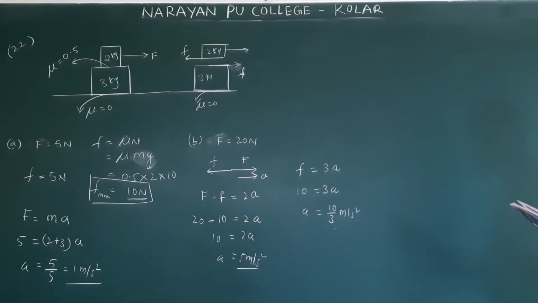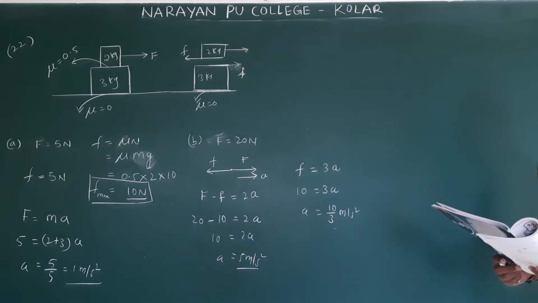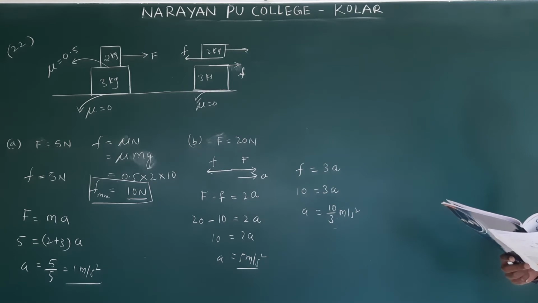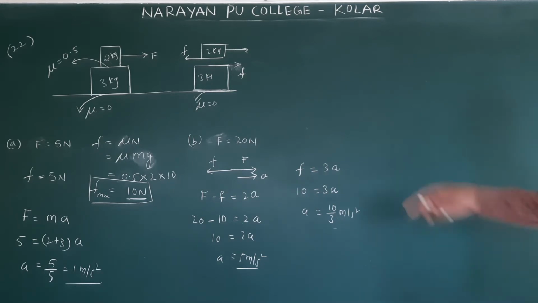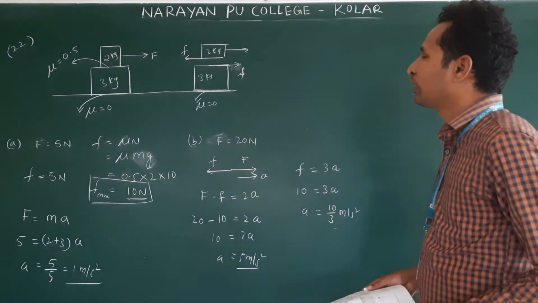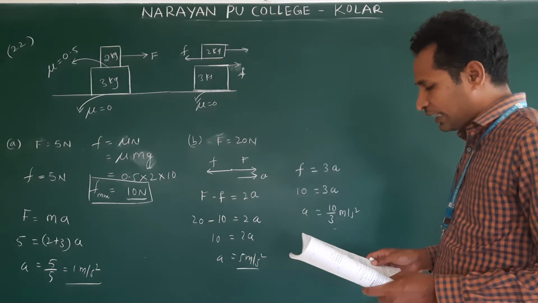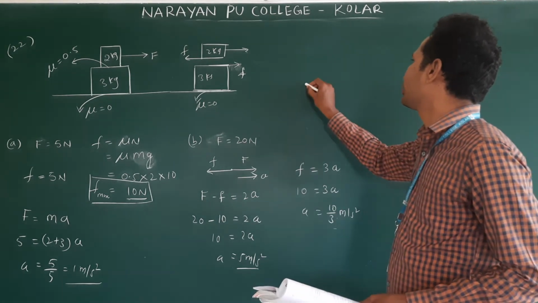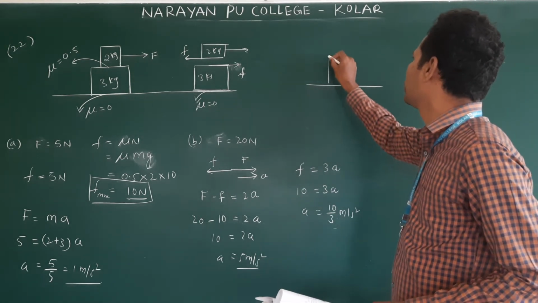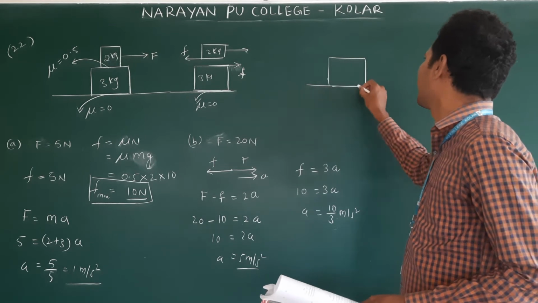A block m is placed on the top of another block of capital M as shown in the figure. The coefficient of friction between them is mu. What is the maximum acceleration with which the block capital M may move so that m also moves along? The first case only. Okay. So they are asking maximum acceleration. Actually, they did not mention they placed it on a smooth horizontal surface.